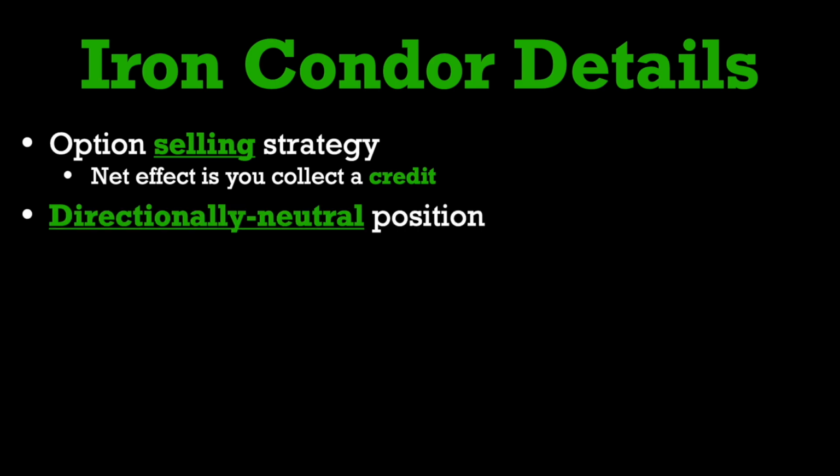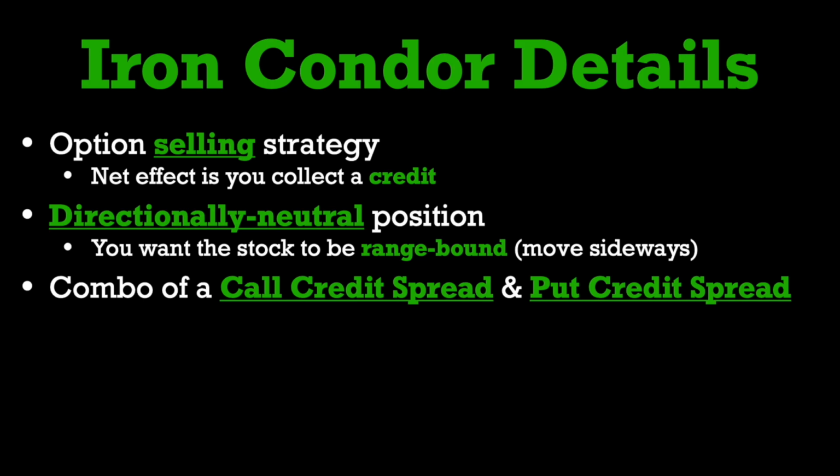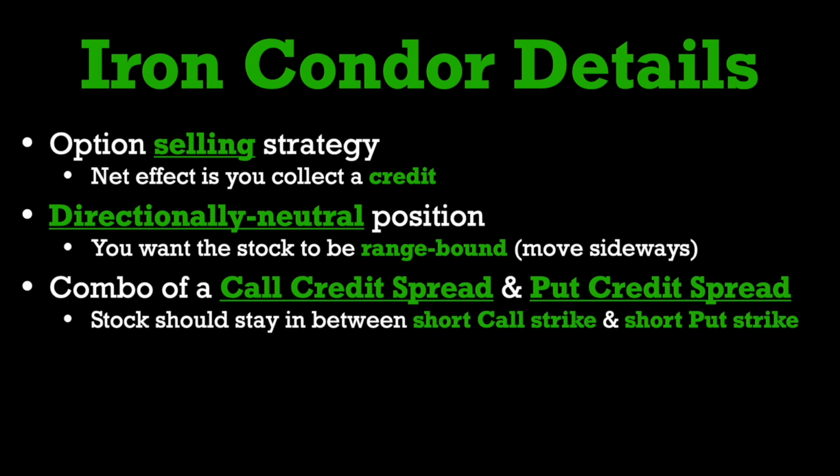Now, this strategy is also directionally neutral. Ideally, for this kind of position, you want the stock that you're trading it on to simply move around in a nice range. The stock can definitely go up a little bit, it can go down a little bit, but you don't want it to go too far in either direction. And in terms of the structure for the iron condor, it's basically a combination of selling both an out-of-the-money call credit spread and also an out-of-the-money put credit spread. And ideally, you want the stock to remain in between the short call strike and the short put strike